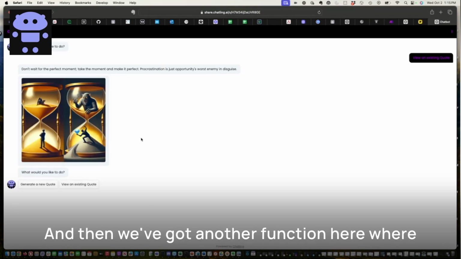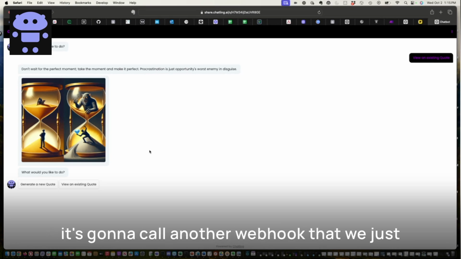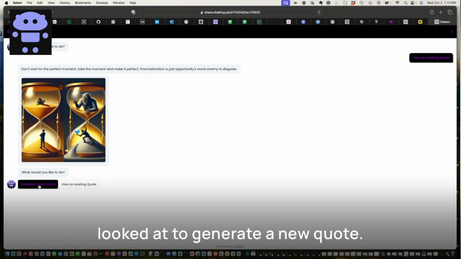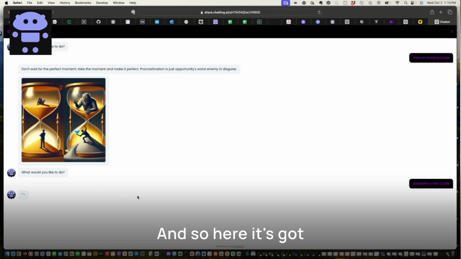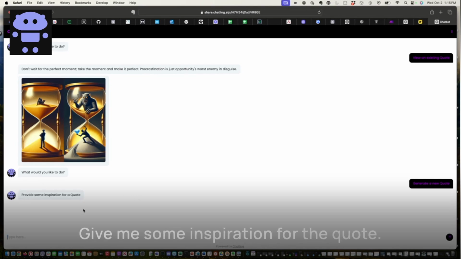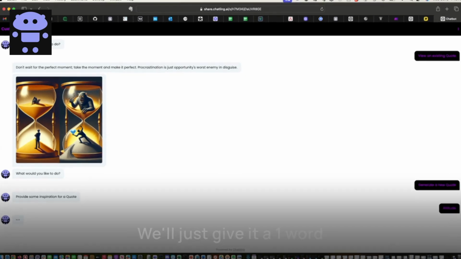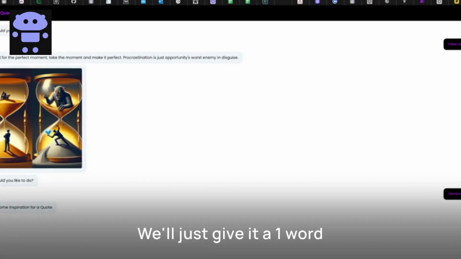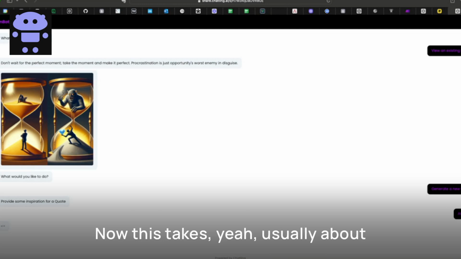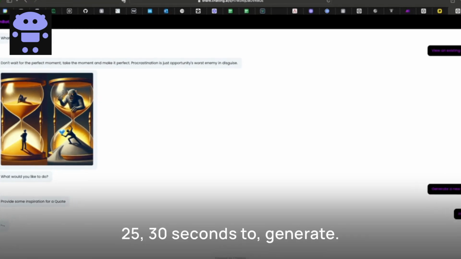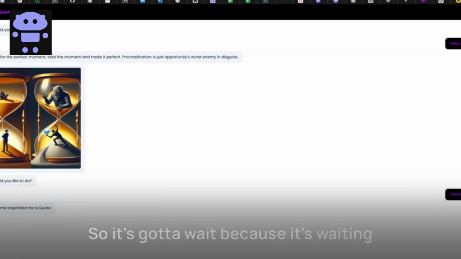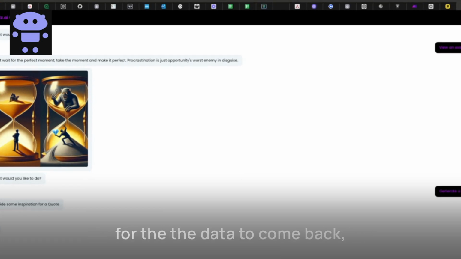And then we've got another function here where it's going to call another webhook that we just looked at to generate a new quote. And so here it's got to ask me, hey, give me some inspiration for the quote. What do you want me to base the quote on? So we'll just say attitude and see what it comes up with. We just give it a one-word phrase. Now this takes usually about 25-30 seconds to generate,